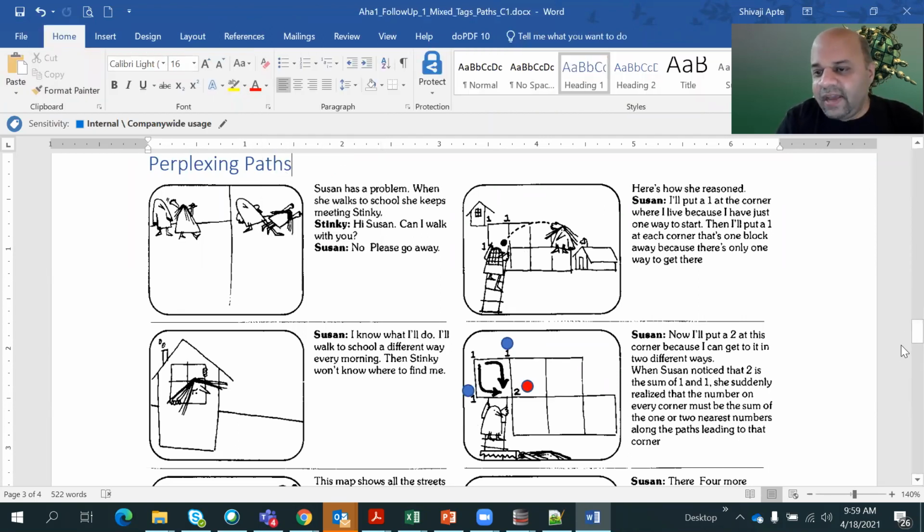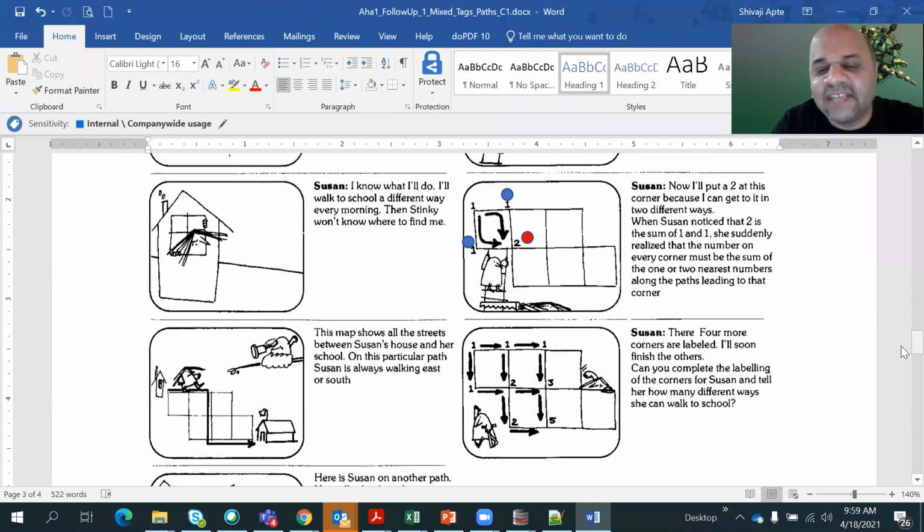Okay. So see, we are trying to calculate how many ways that she can reach the orange corner here or red corner. So what she will do is take the previous two corners from which she could have reached here. Okay, she is going to sum the values that are there. So there were 1 and 1 there. So she's going to add it and put it as 2. Now you might ask, why not from the front also she could have reached, but she's never going to go front and back. Okay, she's not going to take an extra route to go to the school. That is a very important part of this problem.